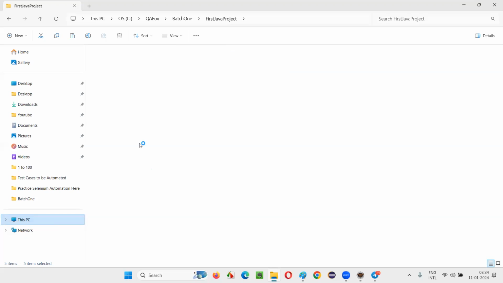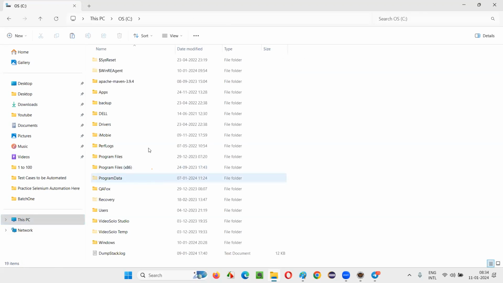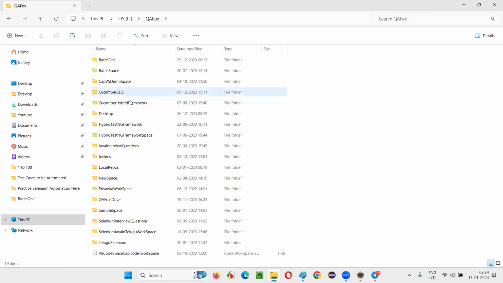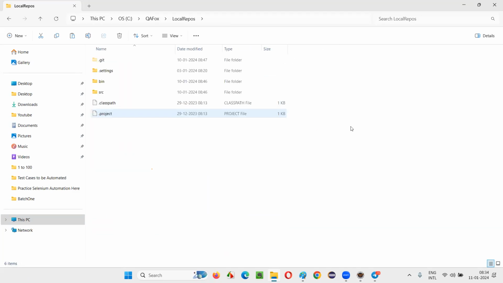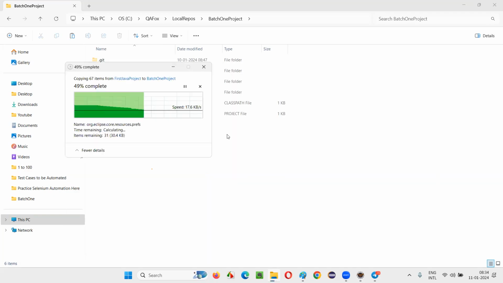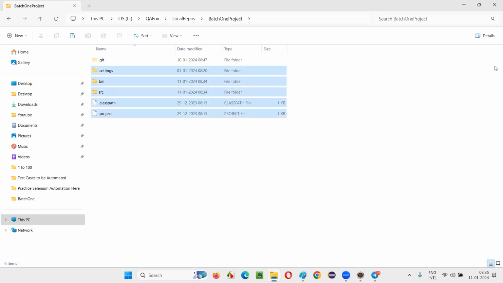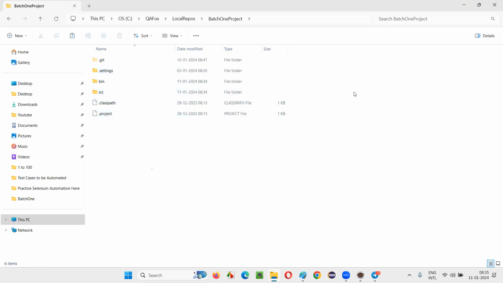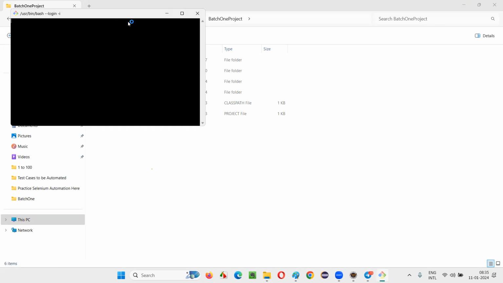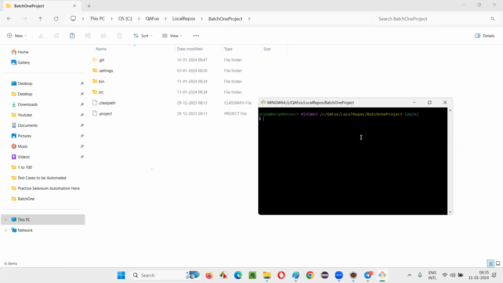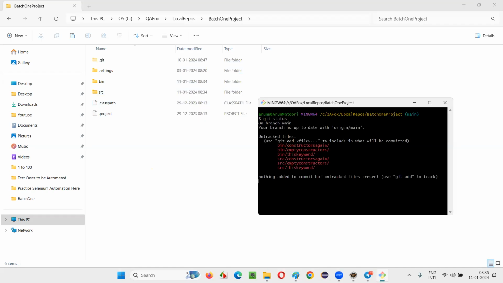I copy this and maintain a local repository and then upload the code. This process I do every day. Whatever code I teach on that particular day, I copy paste to this location and upload that updated code to the GitHub repo. I share the details of the GitHub repo in the Telegram group. You can see the process, what I'm doing, so that you'll get used to it. I have not explained about these git commands yet. This is for my purpose I'm doing.